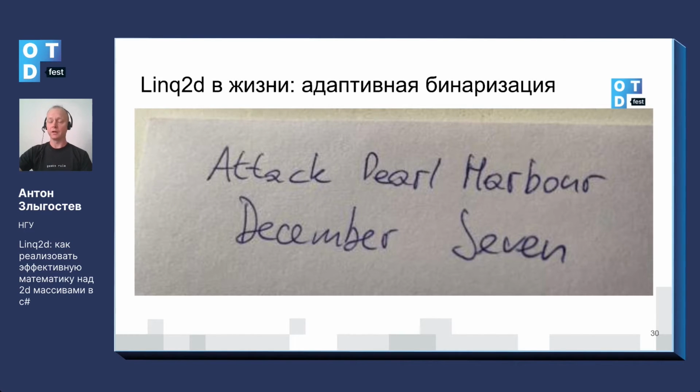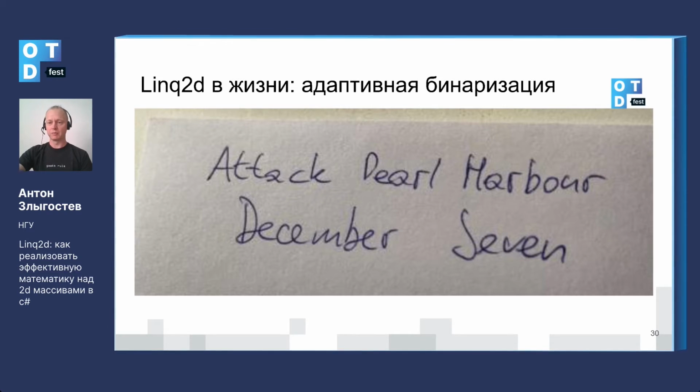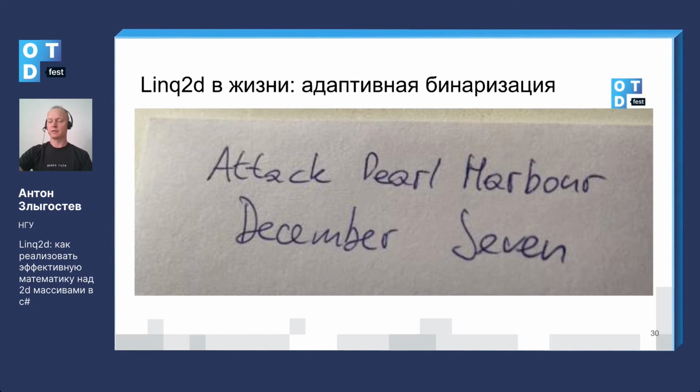And why would you need it? Let's see. Let's apply Linq2d to adaptive binarization. Very well-known topic. Binarizing the picture to decipher the text from the background. So if we would like this picture to be processed so that the text analysis algorithms will be able to work,